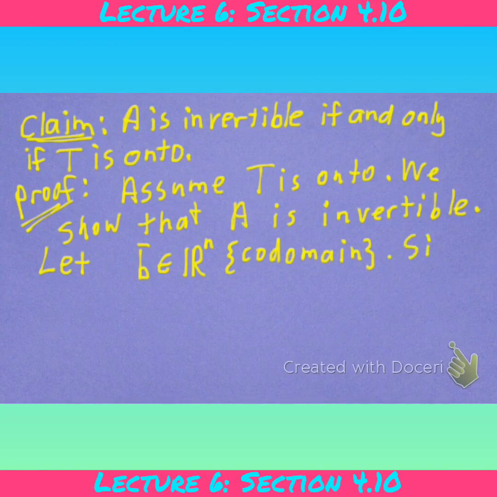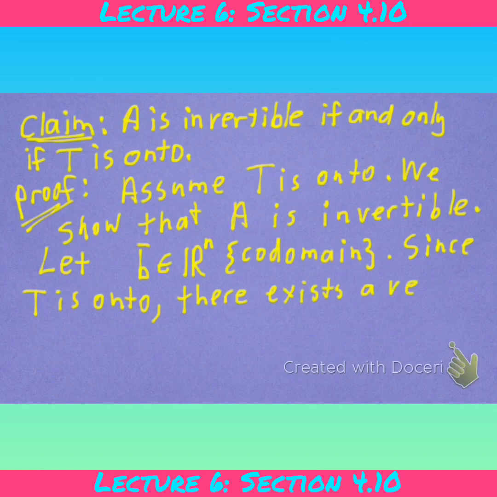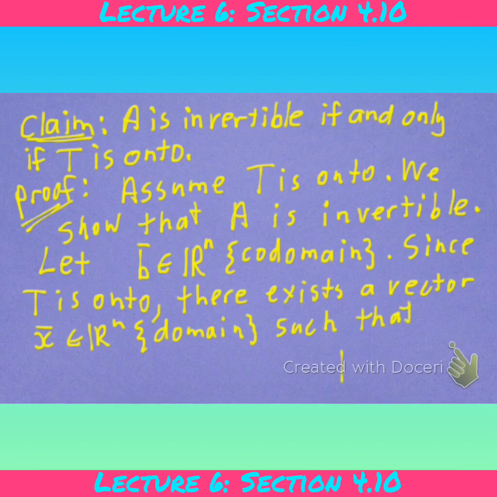Since T is onto, there exists a vector X in Rn, which is the domain, such that